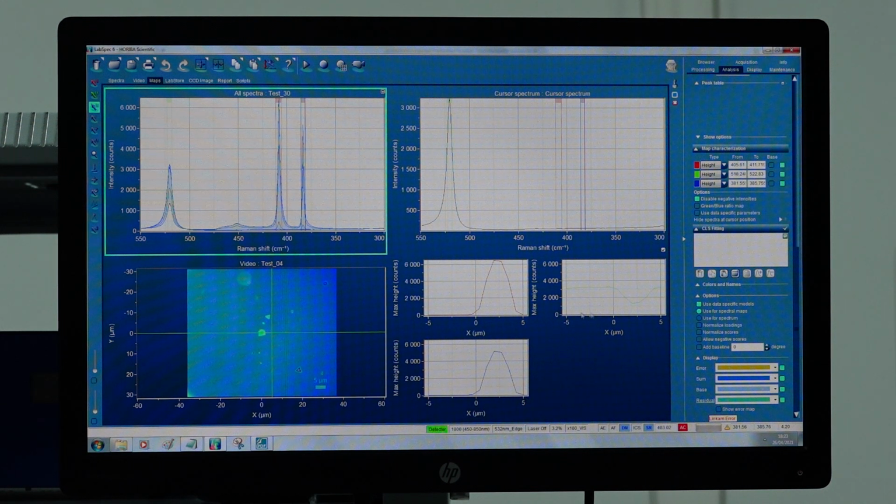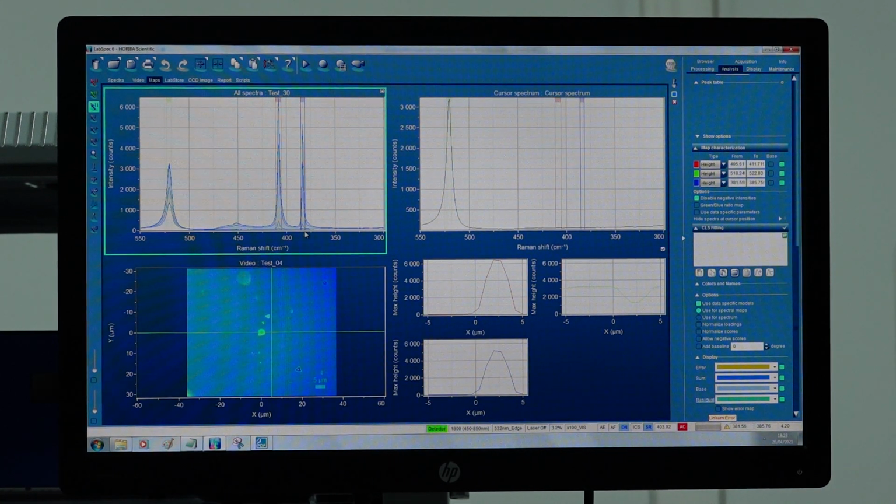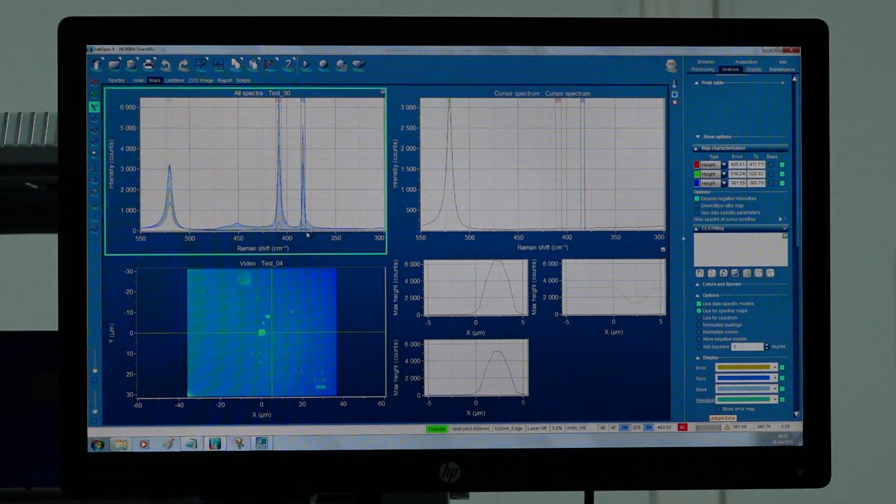So this kind of data analysis of different peaks can be done at different positions on the sample by using Raman mapping. Also we could have chosen a rectangular mapping profile, or we could have chosen a circular line profile, and we could have observed Raman signal on the material itself at different points. So these kinds of things can help us observe, for example, if there is a strain available at some part of the material, or there is something else that causes a change in the Raman signal.